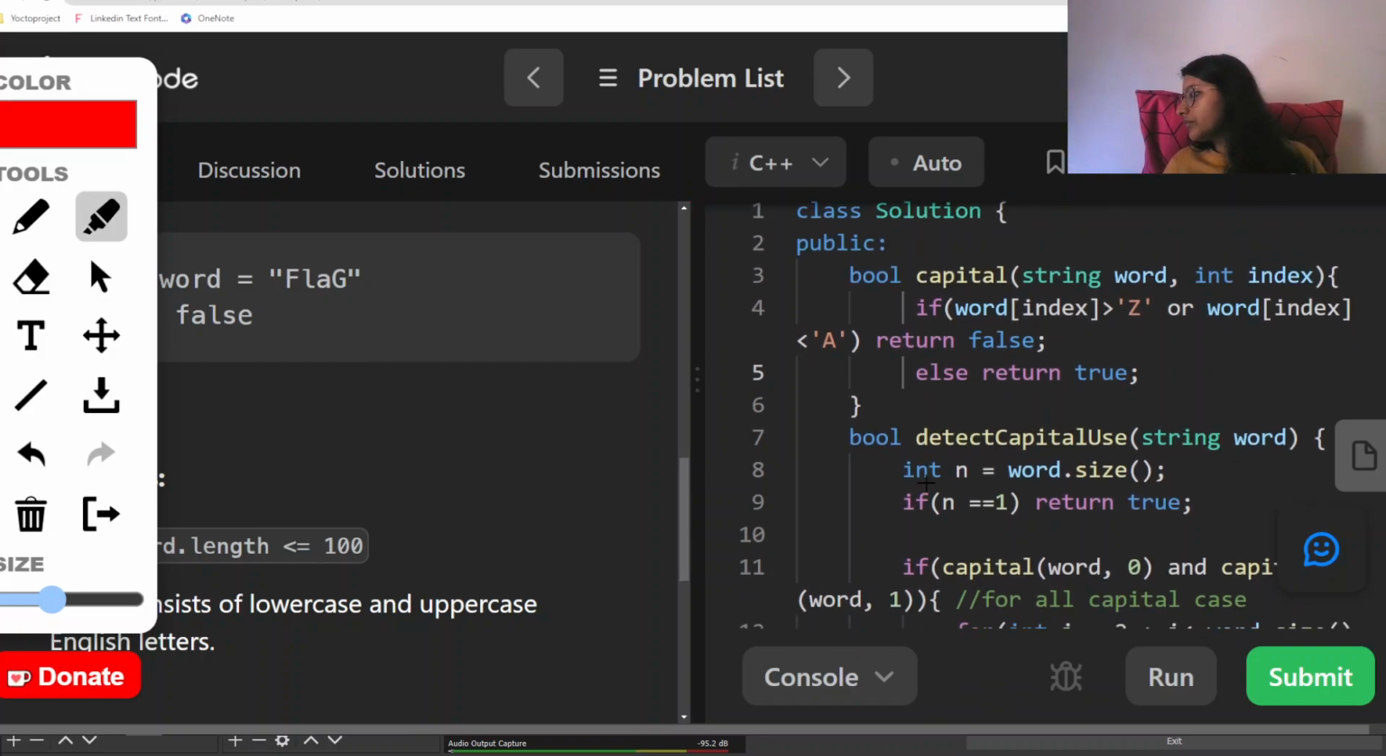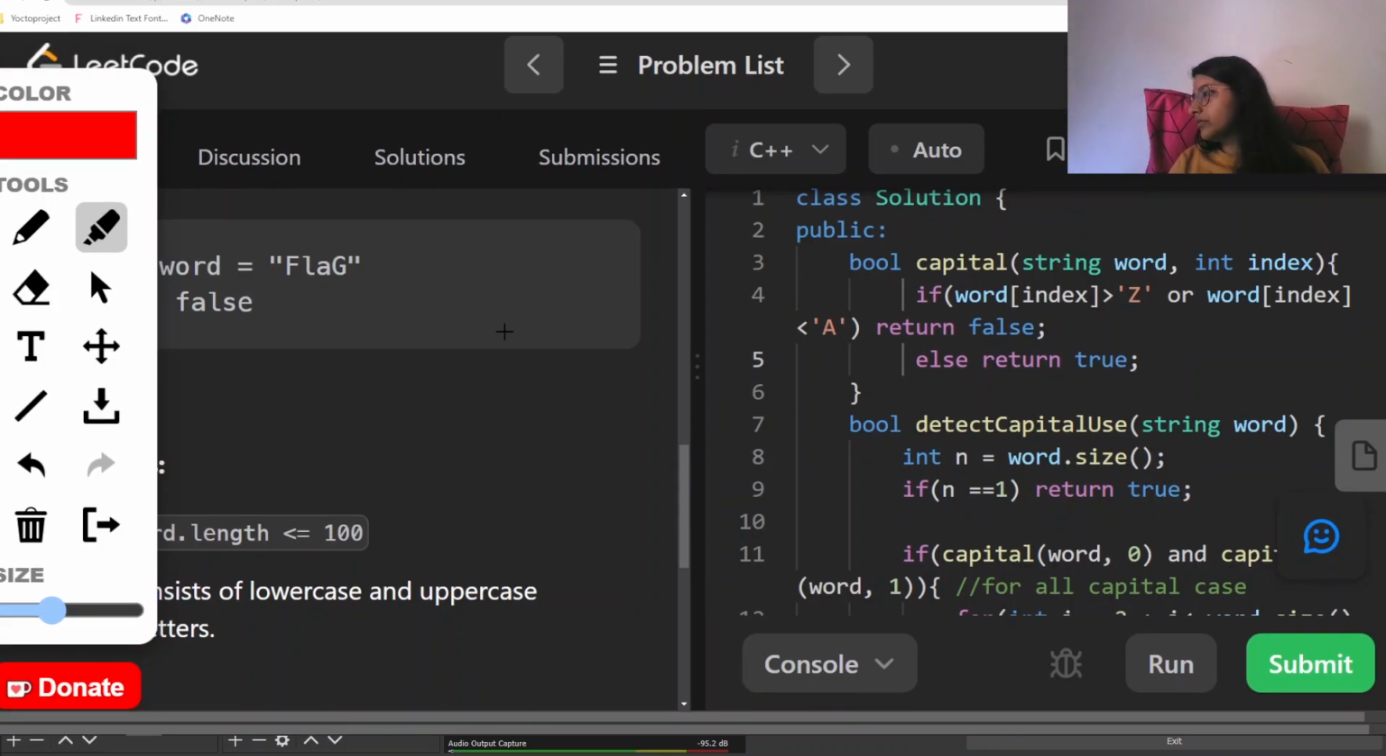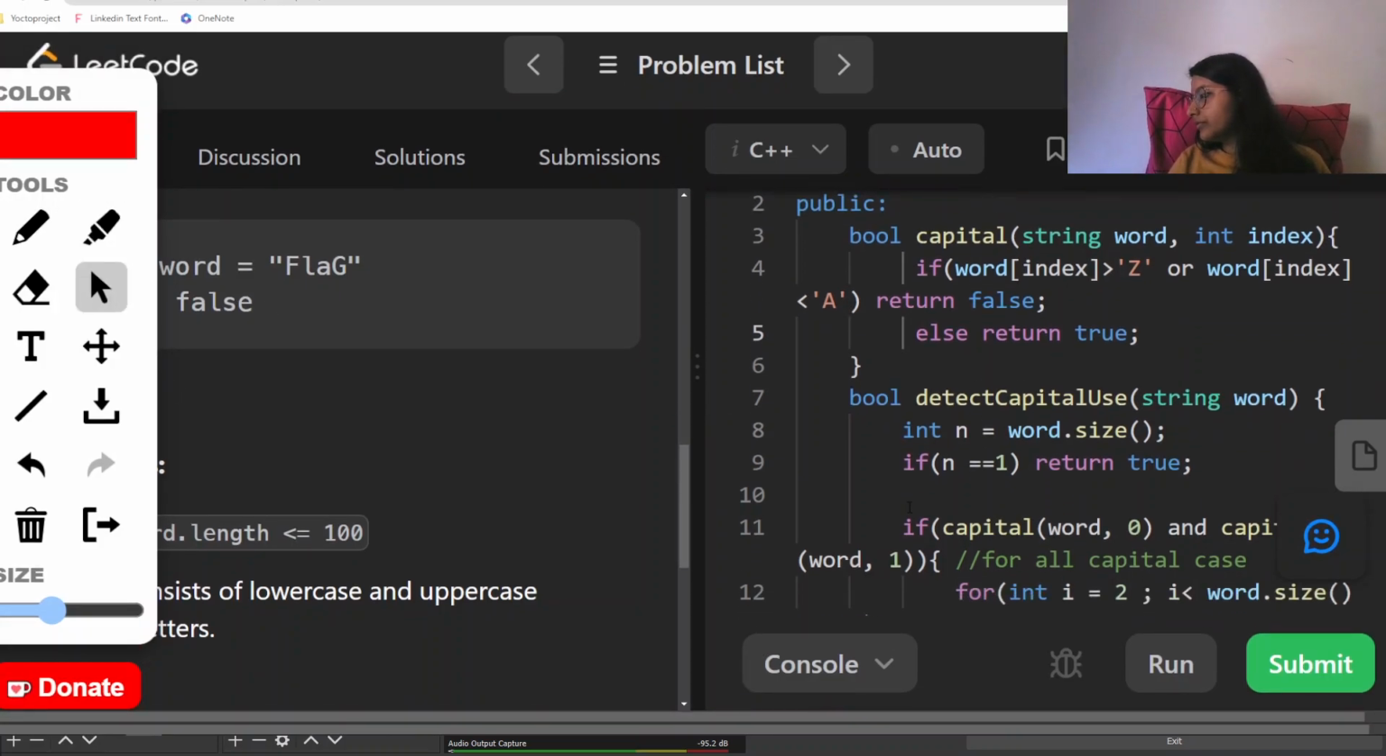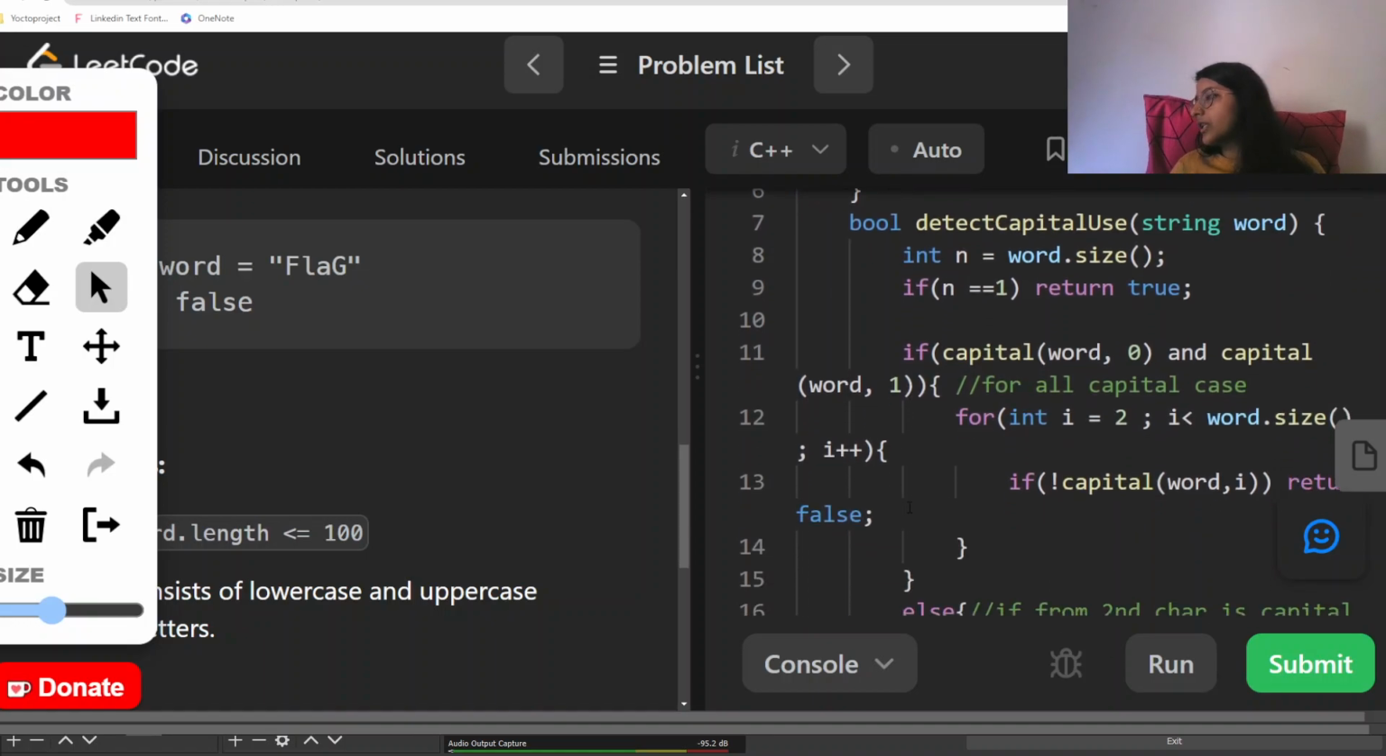So here, the first thing is that n is equal to word dot size, and if n is equal to 1, then we are required to return true. See, if it is just a one character word, either it is capital or small, that doesn't matter. We are always returning true. So that's the thing. Now, if it is more than one character, if it is a two character, three character, or any character word,